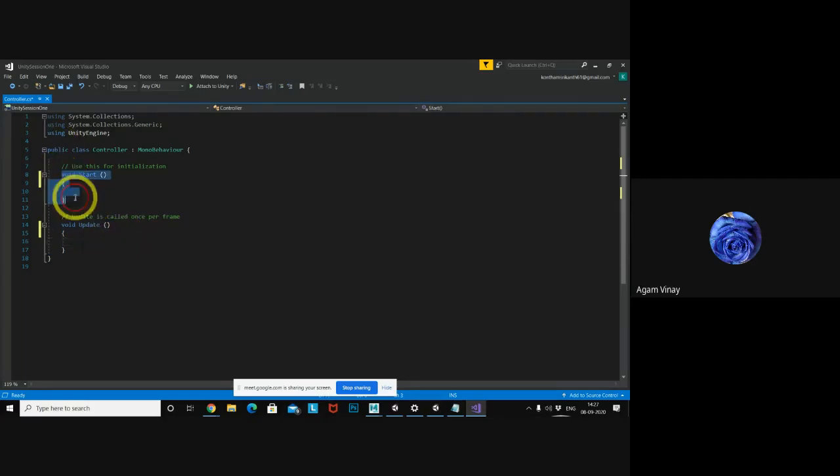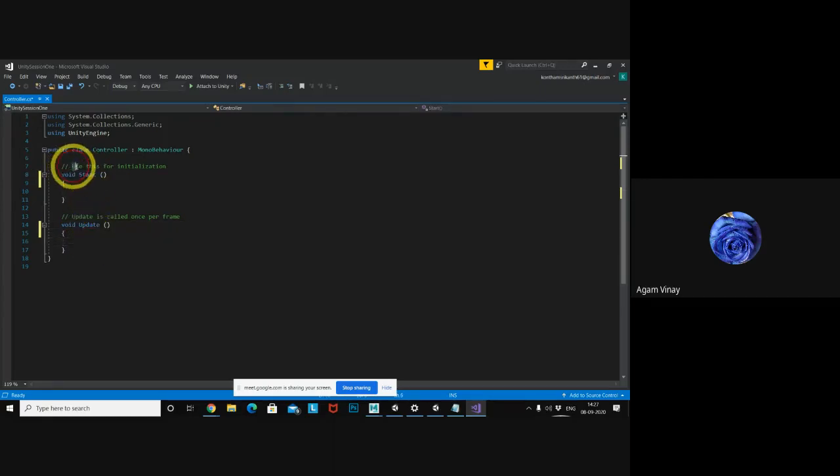The function structure looks like this, starting with void and the function name. As you already know about functions and variables, this is just a rough introduction. This is the function named Start, and this is the second function called Update.